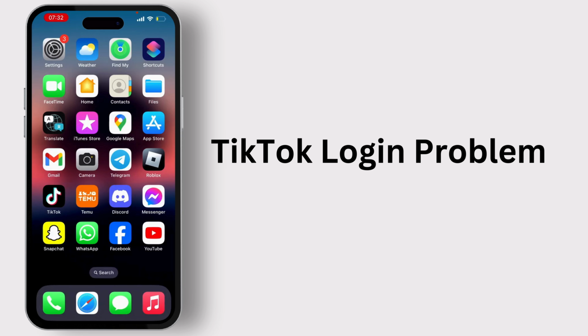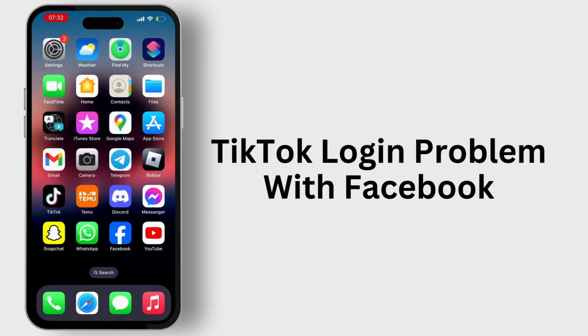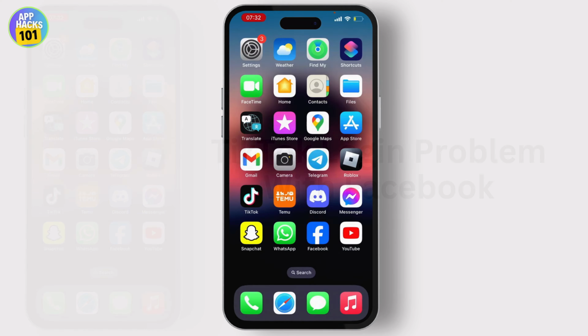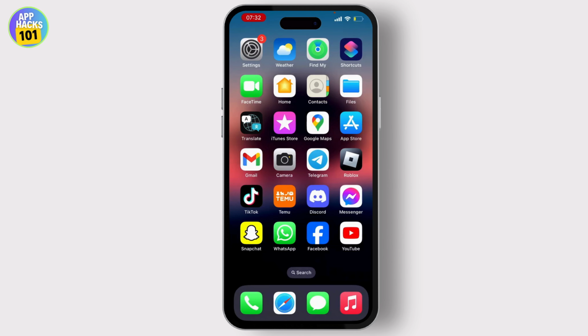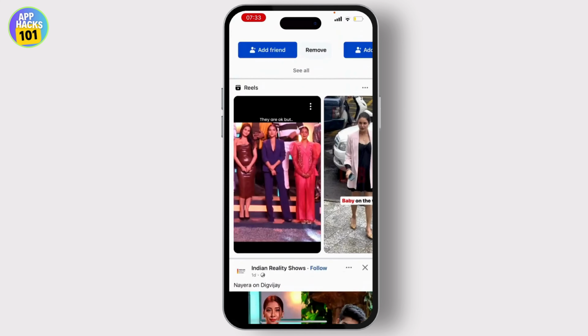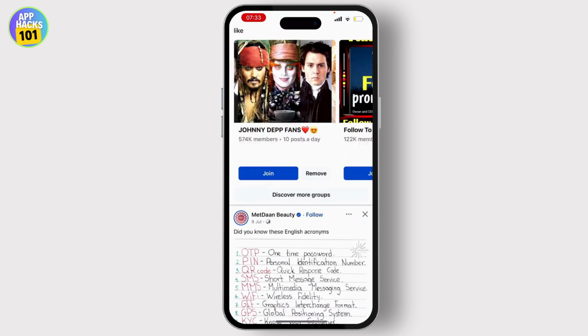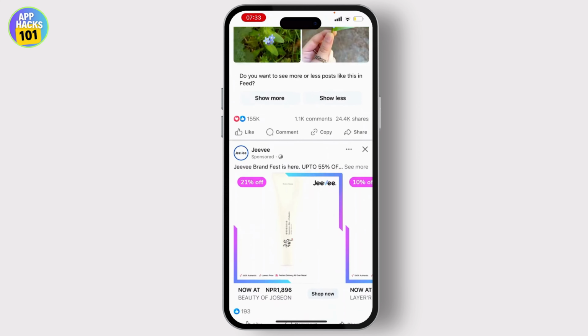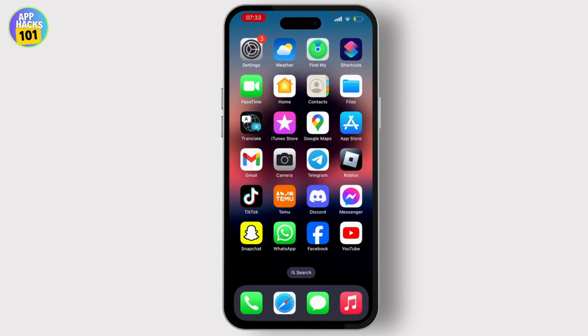How to fix TikTok login problem with Facebook. If you are trying to log into your TikTok with Facebook account and you are having issue with it, then this video is for you. To solve it, first of all, what you need to do is check if your Facebook account is logged in or not. If your correct Facebook account is logged in and still you are having problem while opening your TikTok,